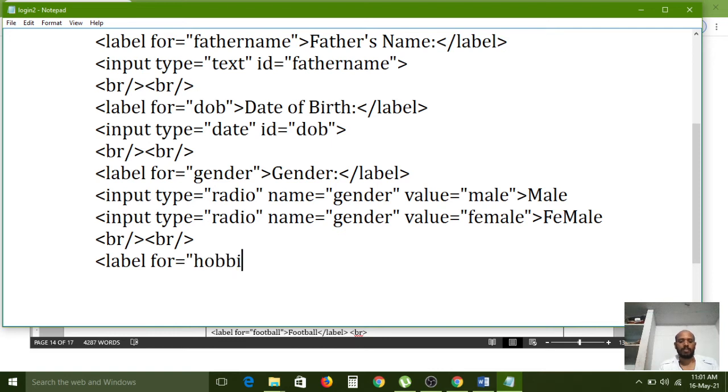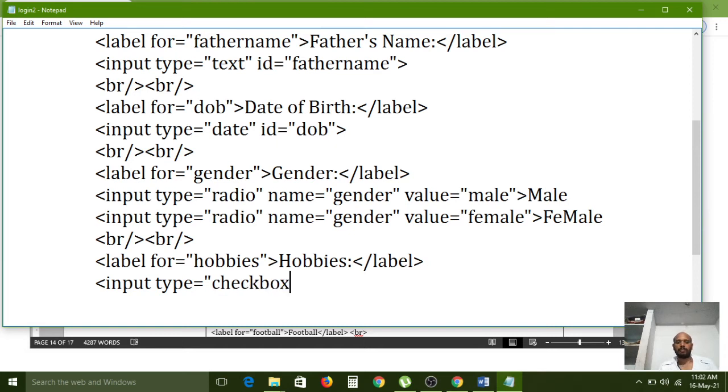We have to choose the hobbies. HOBBIES. Okay, and closing the label. Now input type equal to checkbox. Here we need to apply a box, and next